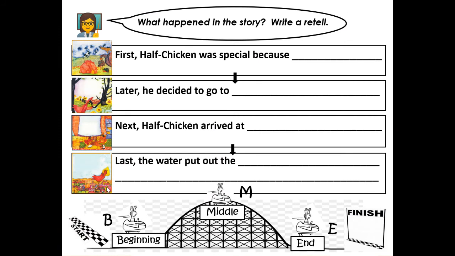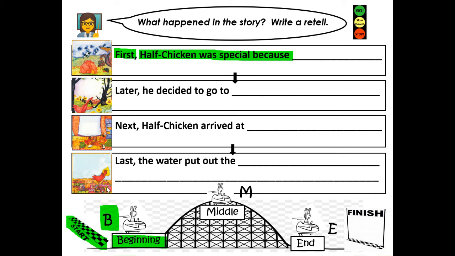All right, it's your turn. You're going to answer the question, what happened in the story? Write a retell. Green means go, start at the beginning. First, Half Chicken was special because, why was Half Chicken special? So say your sentence and then write it. First, Half Chicken was special because,